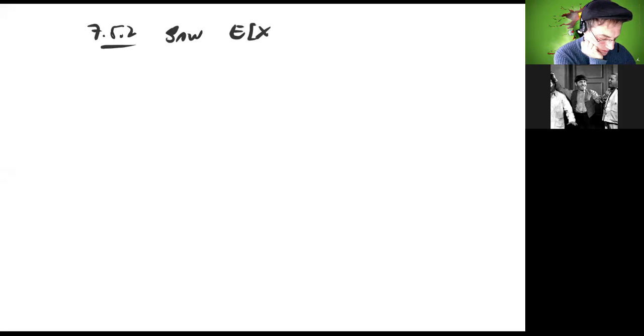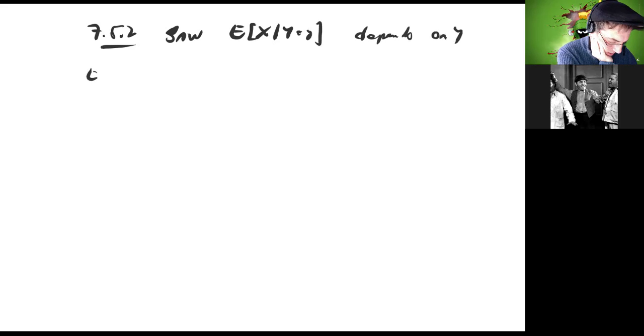Okay, so now we get into subsection 7.52 proper. We saw in the previous section that E[X | Y = y] depends on y. It's a number depending upon y. So you can think of E[X | Y] as a random variable